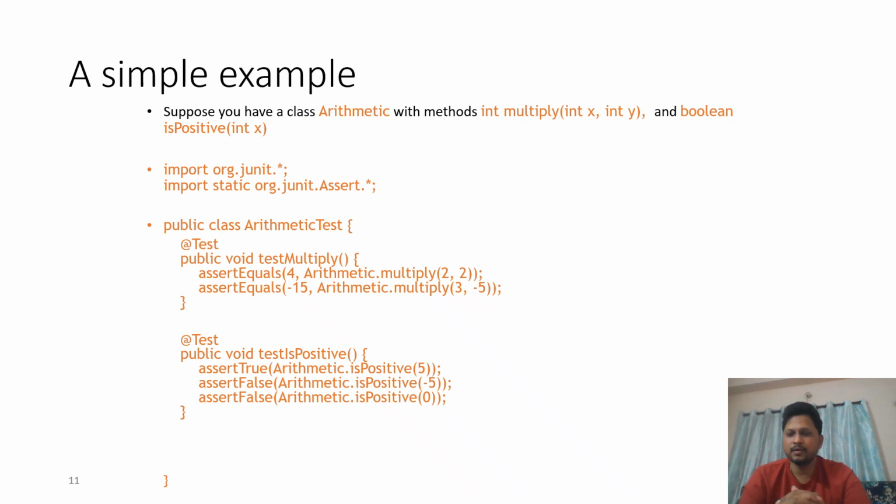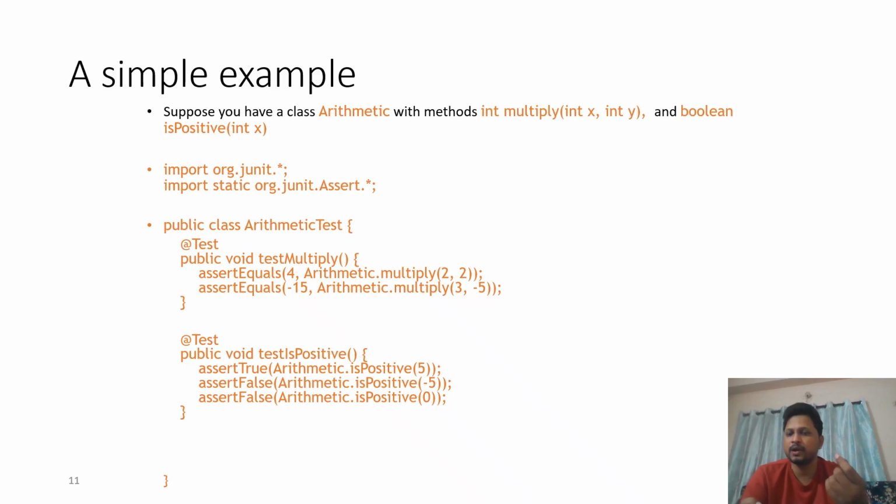Okay, as usual, we follow a few steps: package declaration, class declaration, methods, or some variables with @Before if you want any values, or @After methods if I want to run something after the test cases. But here I do not require any of those; I directly have the test cases, and this is one of the test suites. In ArithmeticTest, I can have @Test public void, and my intention is